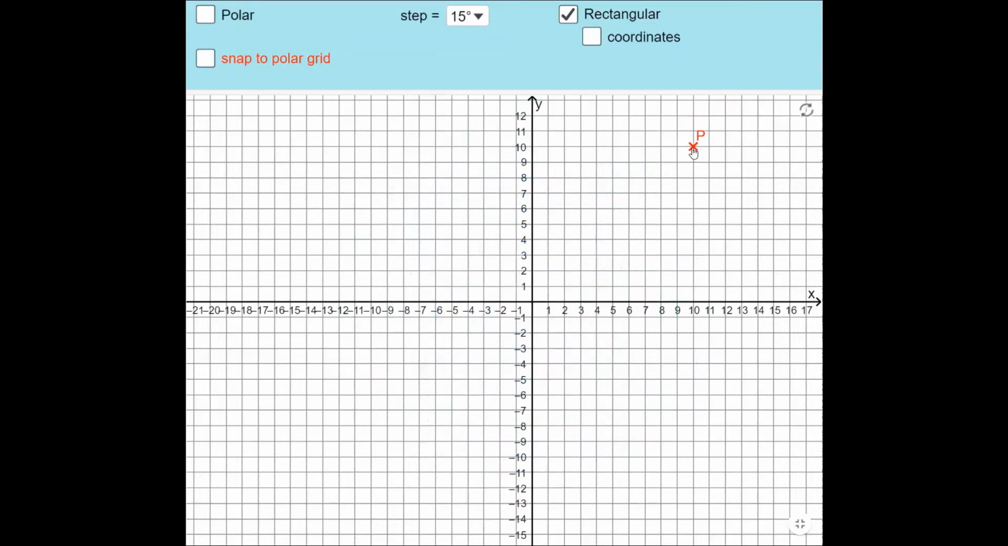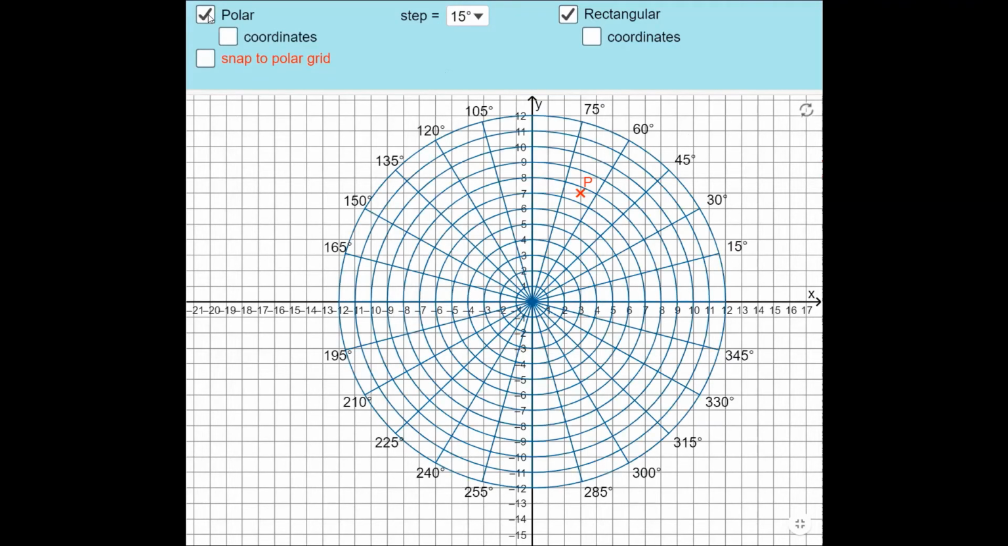And I choose another. Okay, this coordinate is 3, 7. Okay, and the corresponding polar coordinate must be r is equal to 7.62 and theta is equal to 66.8 degrees. Okay,